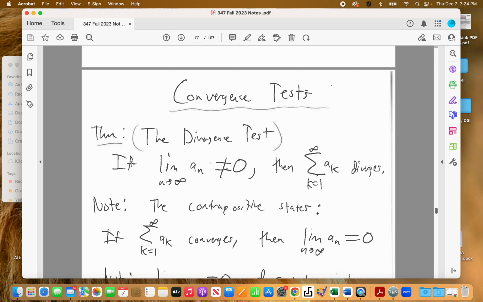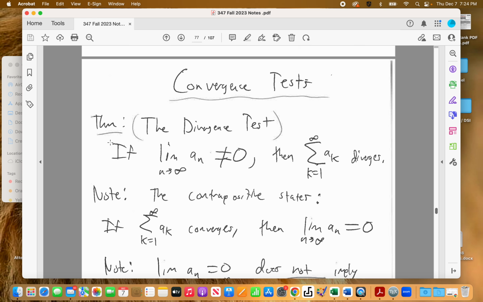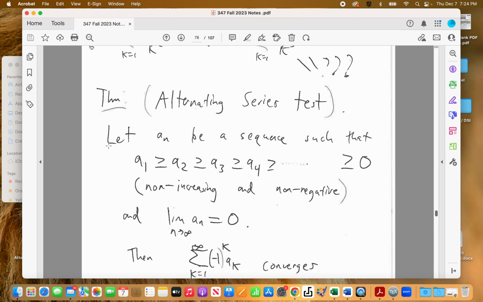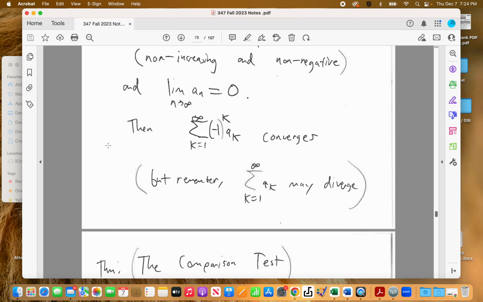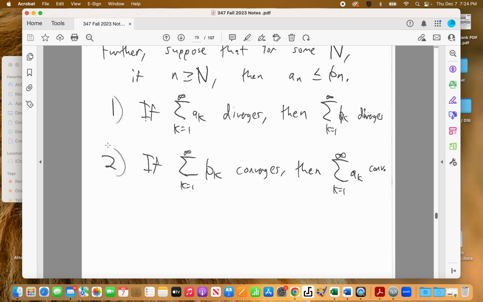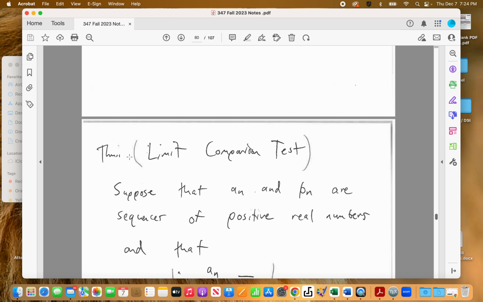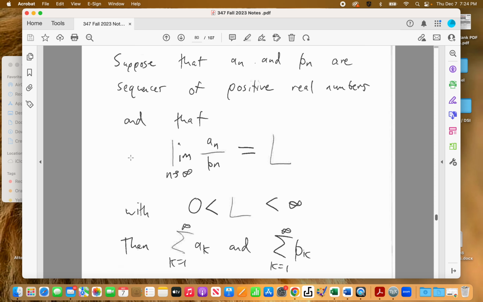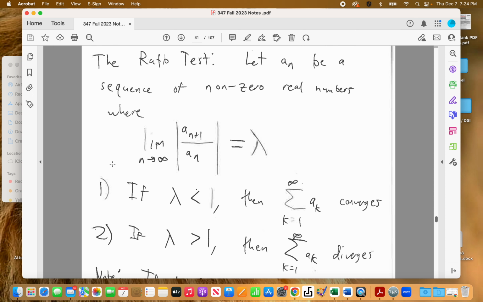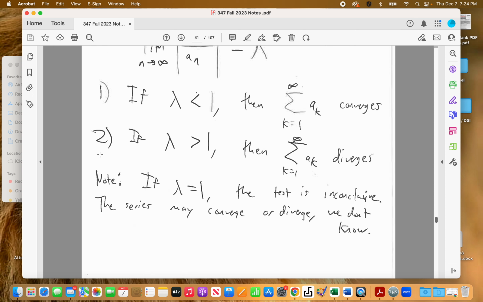Convergence tests. Again, we want to be able to use our convergence tests. We don't necessarily have to prove every single one of them. Make sure we can use our convergence tests, p-test, and alternating series tests, just to figure out how something converges or diverges. Comparison test was obviously important. Limit comparison test is also nice. Ratio test is also a good one. We don't really see it that much, but